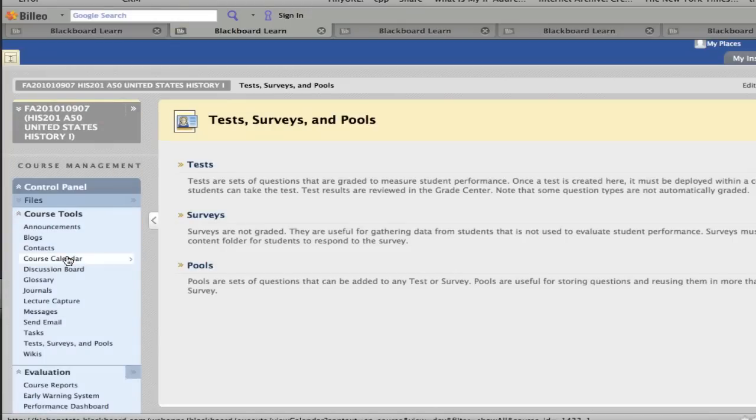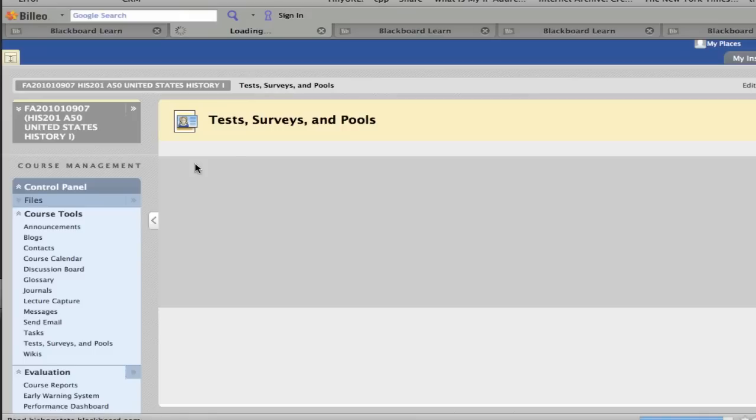Now it used to be in older versions of Blackboard that you would first have to go into your question pool, upload your ExamView test into the pool, and then create a test and do the same process again. Blackboard obviously saw that this was a problem and created a necessary step. So in Blackboard 9, all you need to do is click on Test,